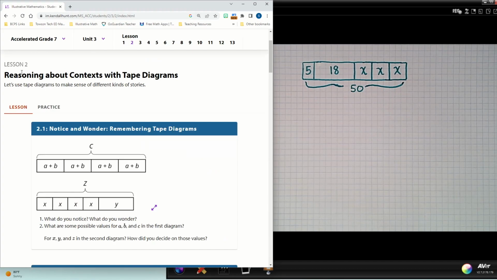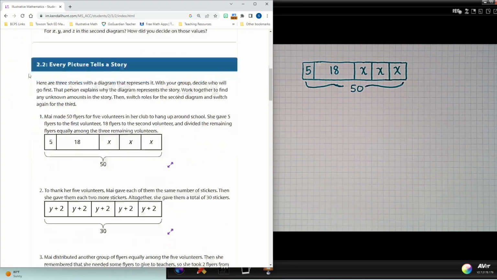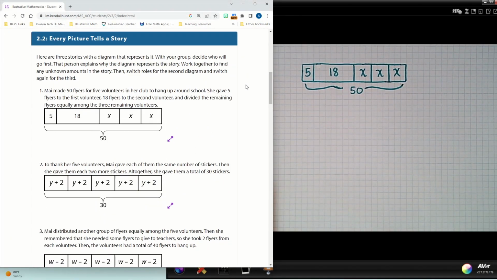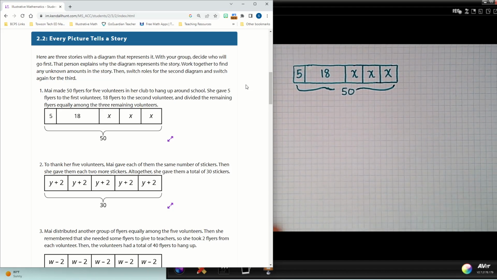So in this video, we're going to take a look at tape diagrams, and I am in Accelerated 7, Unit 3, Lesson 2, and I'm going to use Part 2 of that lesson, Every Picture Tells a Story. So tape diagrams are something that students will use throughout this unit that will really help them with visualizing how to solve equations. So the first problem says that Maya made 50 flyers for 5 volunteers in her club to